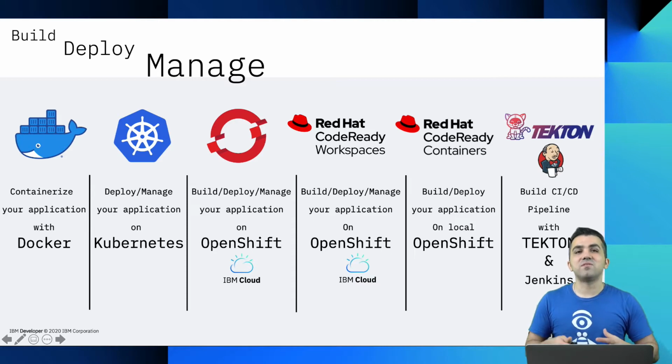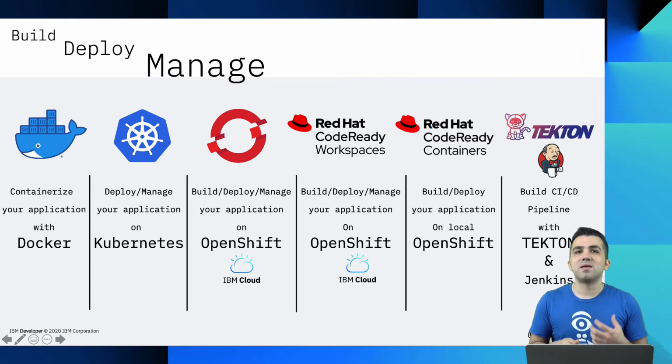In part 5, we'll explore how CodeReady Workspaces helps teams build with the speed, agility, security, and most notably, code in production from anywhere. In part 6, you'll skip managed OpenShift and instead use CodeReady Containers to build and test out your application, your OpenShift deployment locally on your machine.